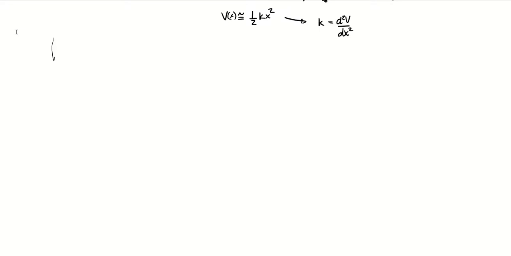So for our harmonic oscillator, forgive me, we have some classical Hamiltonian. It's just the kinetic energy, the momentum squared over 2m, plus that potential energy, which is 1/2 kx squared. So we would take that classical Hamiltonian and we would then just write it in terms of the quantum mechanical operators, right?